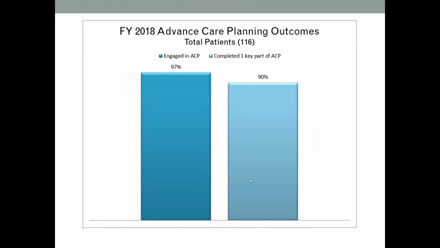Also, documented goals of care, and this is part of the Measuring What Matters from one of the National Palliative Care organizations. Completing some form of an advanced directive, and in my view, an advanced directive that is not just done as a checkbox, but again, that articulates patient and family priorities. And lastly, establishing a preferred surrogate decision maker, also very important. So 90% of patients whom we saw were able to do that and were willing to do that as well. So back to our patient.